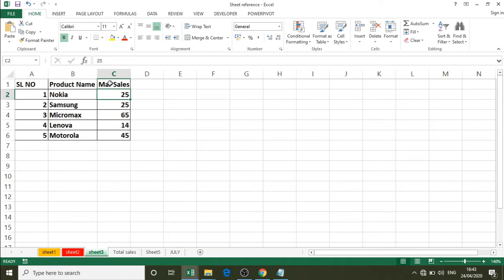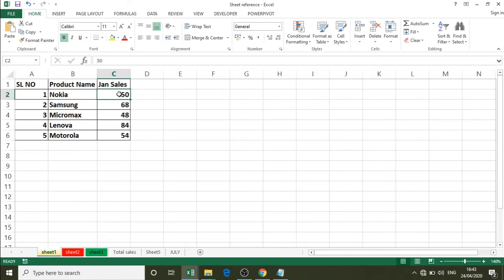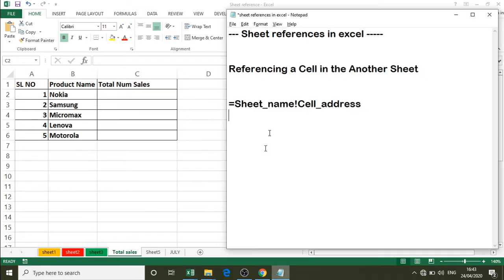Sheet3 has the product name and the sales done in the month of March. So now we want to find the total in this final sheet, that is Total Sales. So how to do that? We want to take C2 from Sheet1, C2 from Sheet2 and C2 from Sheet3.